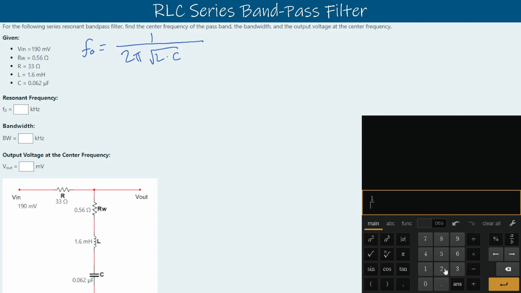So we'll say 1 over 2 pi square root of L, which is 1.6 millihenry, so 0.0016 multiplied by our capacitor of 0.062 times 10 to the negative. We see that that is micro, so we'll say 6. So this gives us a frequency here of